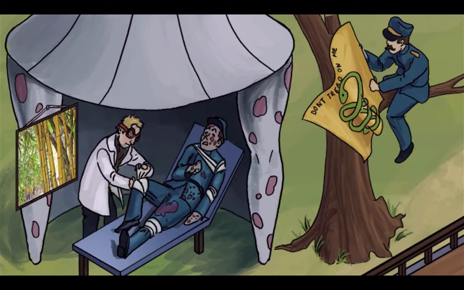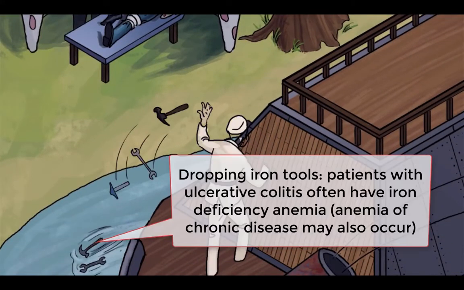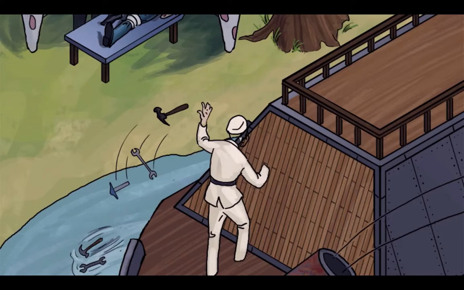There are several findings to look for in a patient coming in with suspected ulcerative colitis. On labs, expect to see elevated inflammatory markers such as CRP and ESR, though it's important to remember that neither are specific for UC. Patients with UC may also have anemia, especially iron deficiency anemia from all that blood loss and malabsorption. However, they may also have other causes of anemia. In addition to iron deficiency anemia, patients may have anemia of chronic disease. It is chronic after all, or even autoimmune hemolytic anemia. However, if you have to choose the most common cause, for example, on a test, go with iron deficiency anemia,